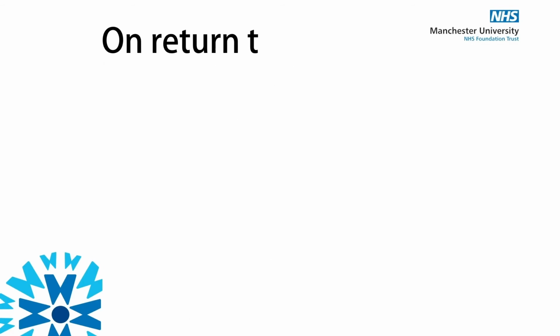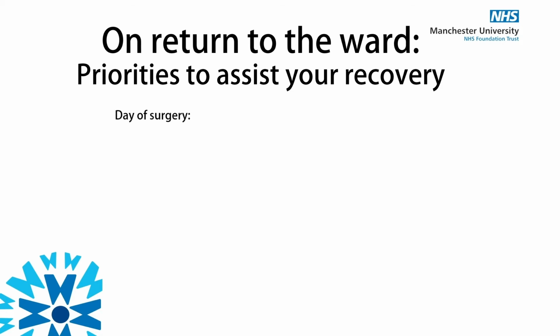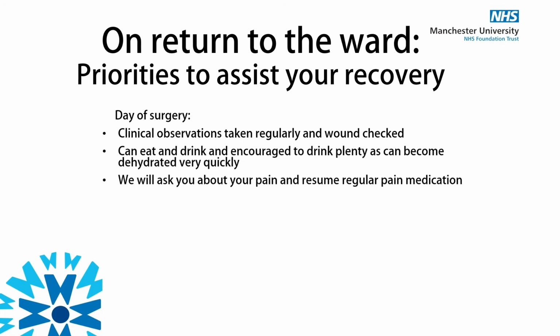As soon as you get back on the ward, we're going to get you eating and drinking straight away. We're going to get you freshened up, hopefully in preparation of getting up out of bed. And we aim to get you up, standing, even mobilising, walking a few steps on the day of your operation, within a couple of hours of coming back from theatre, and we'll start your pain relief as well. So as soon as you get back from theatre, you start to feel that post-operative pain, then we will start